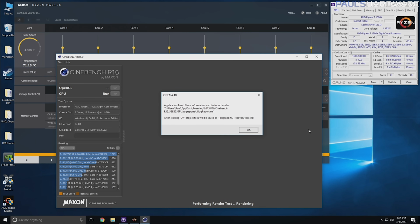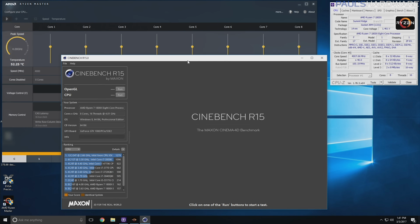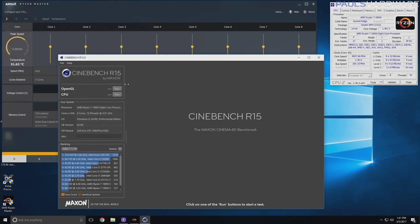That didn't take long. Wow. Not a normal bug either. It was just like, hey, no. Sorry. Alright guys, if this is functional and the temperatures aren't too crazy bad, I'll probably call this as my